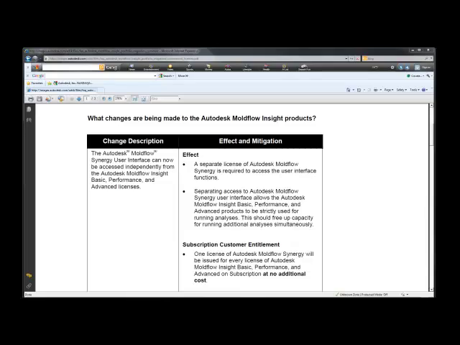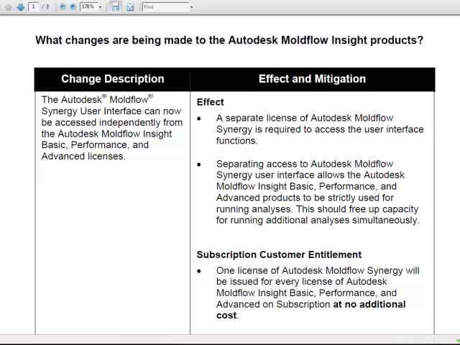There are several changes that have occurred with the Autodesk Moldflow 2012 product release with respect to the installation and licensing. First, we've changed the licensing structure with respect to how Moldflow checks licenses out. In previous versions, Moldflow used an Autodesk Moldflow proxy component to check licenses from Flex License Manager. In Autodesk Moldflow 2012, that is no longer the case, as the product will directly communicate with Flex to access